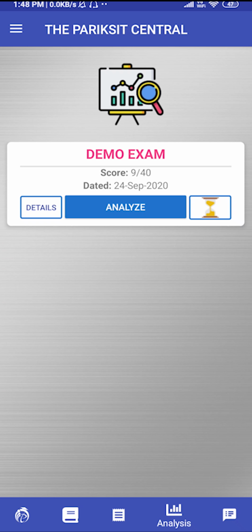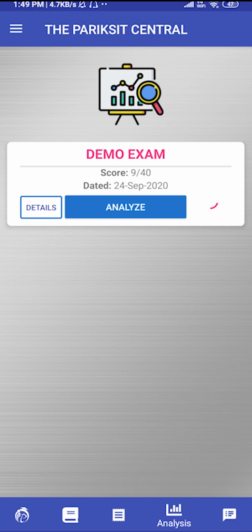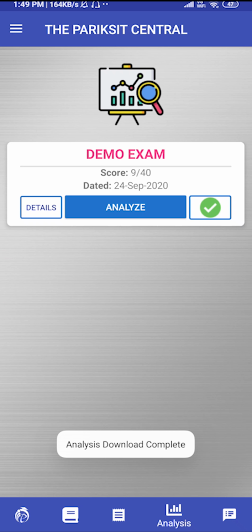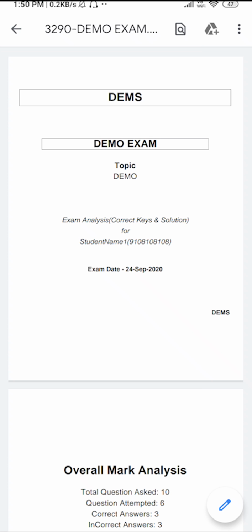This analysis section basically allows us to download our answer paper. As of now, the answer paper is not being released from the organization side. You can check that by looking here. Now that the organization has released the solution, there is an option to download the paper. Simply hit the download button and wait for the download to complete. Once downloaded, you can simply click the Analyze button and the PDF of your solution is ready.